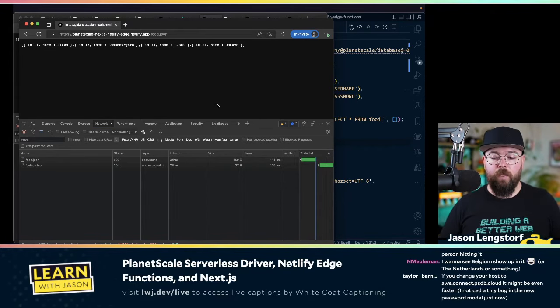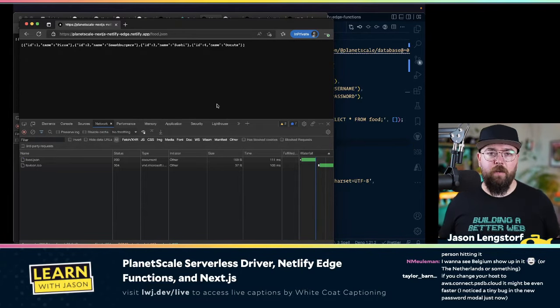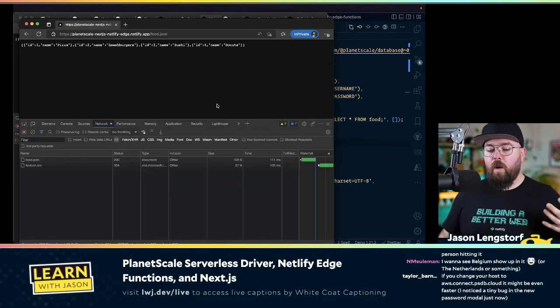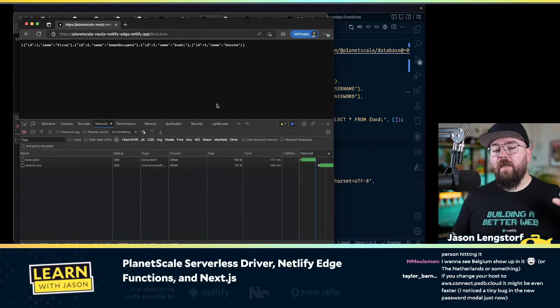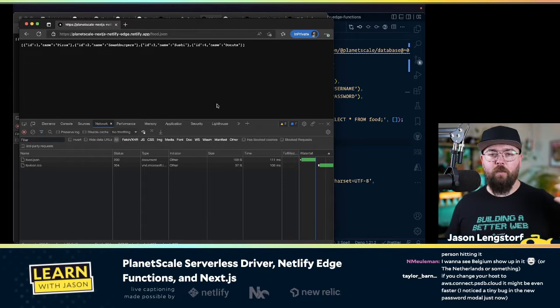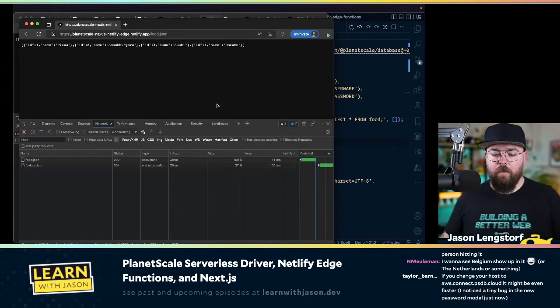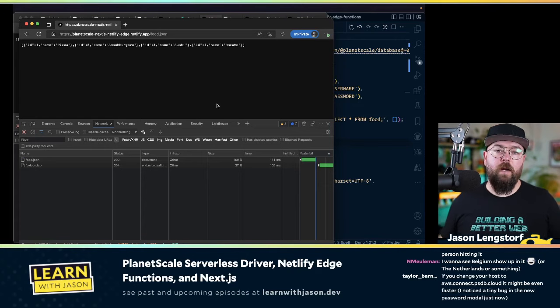A lot of what we end up doing is we actually want to do transformations, where you can do HTML rewrites or other kinds of transformations, where I want to be able to intercept the request and then do something to it. That's the primary use case for edge functions: I need to check what the headers say and make a slight adjustment, or I want to check the geolocation and make a slight adjustment. And so that ends up being a really strong use case for edge functions, whereas serverless functions are kind of